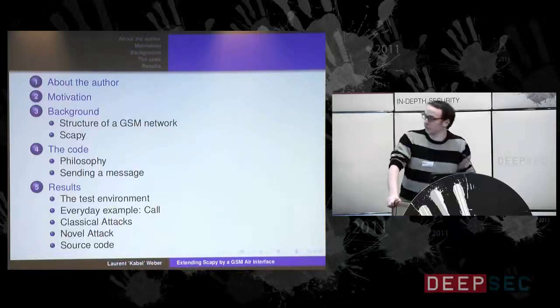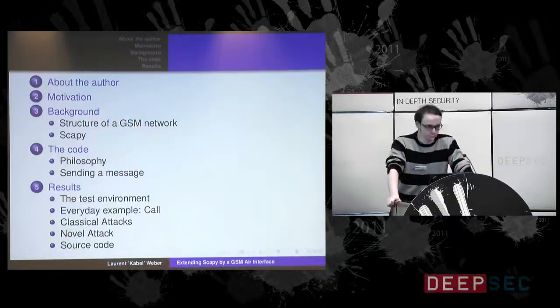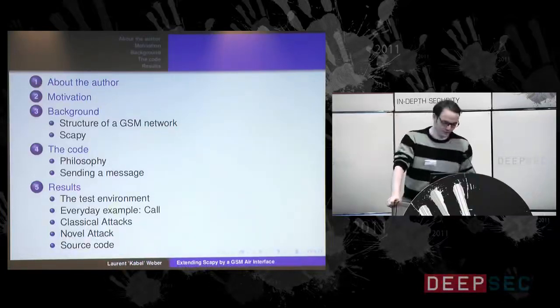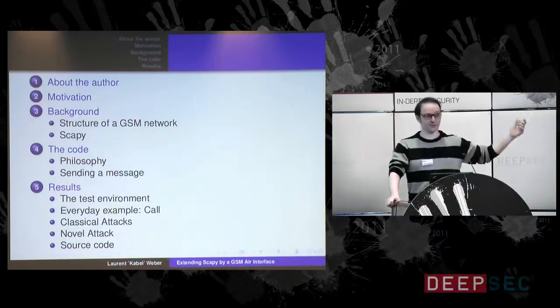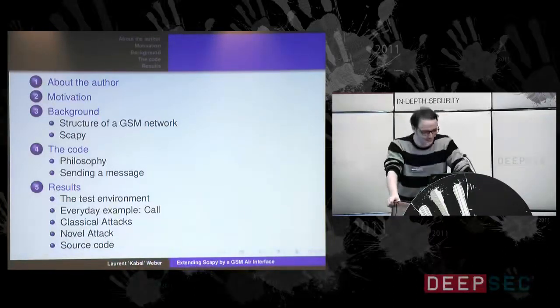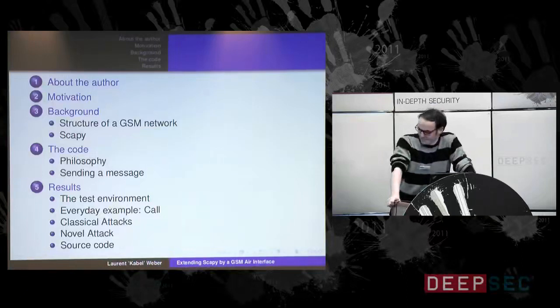The last part will be the most interesting part, I think, and it's also the longest part. I will present my test setup, and I will then also show you some demonstration, which hopefully will work, but I made the experience that it's always working in the hotel room, but not in the conference room. Yeah, so maybe today we have more luck.